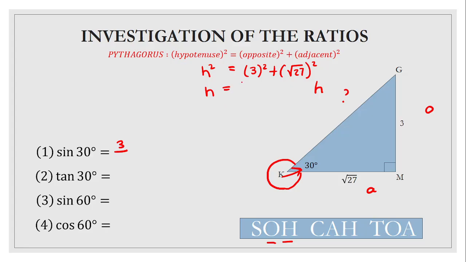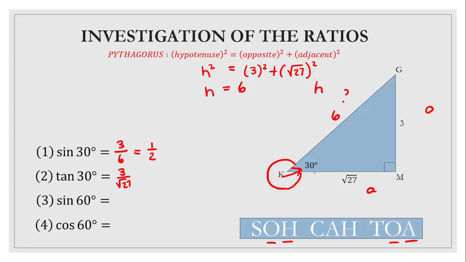So I'm getting a 6 here. So that means this length is 6. So that's a 6, which is a half. Let's look at the next one. Tan of 30 over A. So that's going to be 3 over root 27. Let's look at